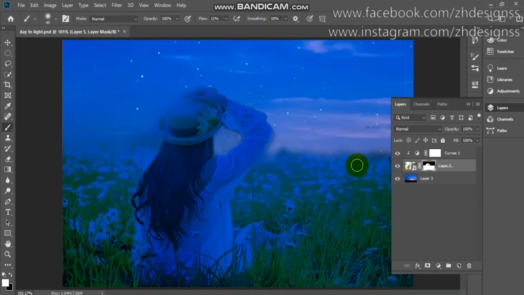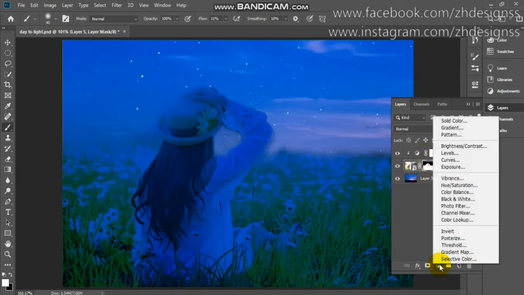Okay, so what next you need to do, if you are thinking it is very much blue, you can also adjust your opacity. So I think 100% opacity is looking better. So the next step, you just need to add your photo filter,